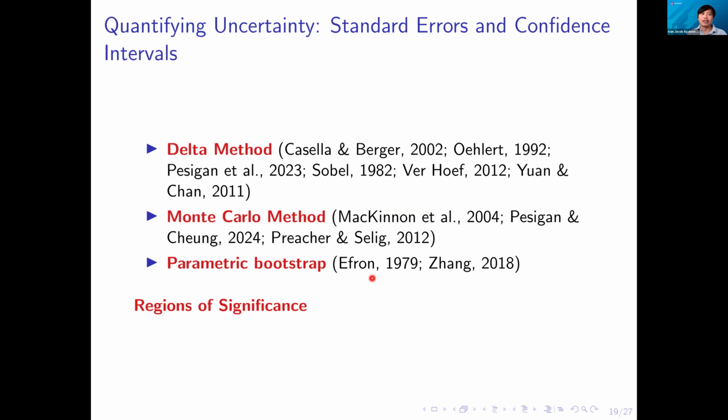So the parametric bootstrap is similar in the sense that we're using the estimated parameters from our model, and then we generate data from that parametric model, and then we refit the model, let's say, 1,000 times. In the mediation literature, the bootstrap is kind of the gold standard, but in the context of time series, continuous time models, basically dynamic models, it's very expensive to refit the model many, many times. So the compromise is the Monte Carlo method, which is in the middle between the delta method and the parametric bootstrap. Here we're still able, through replication and resampling, to generate a distribution of effects, but we don't have to refit the model many, many times.